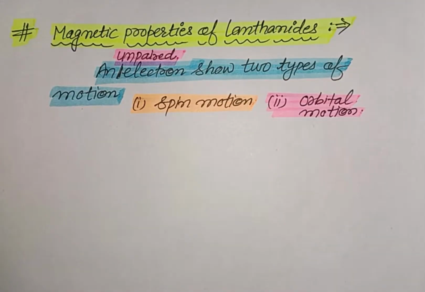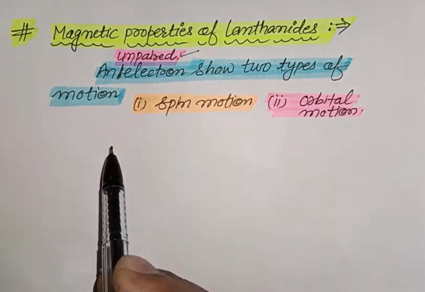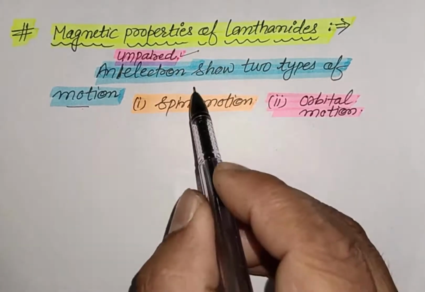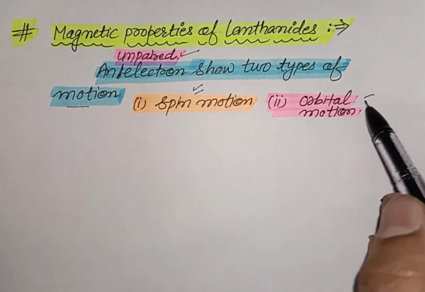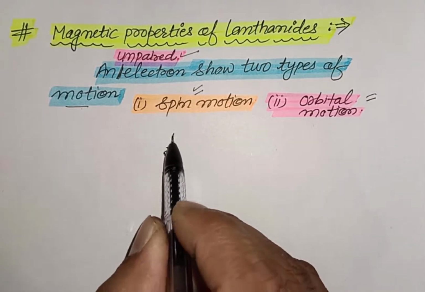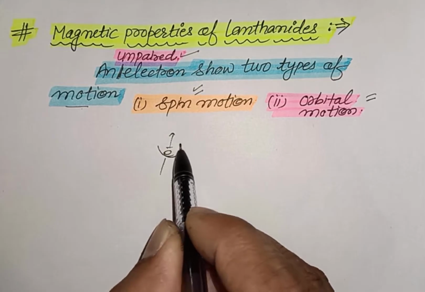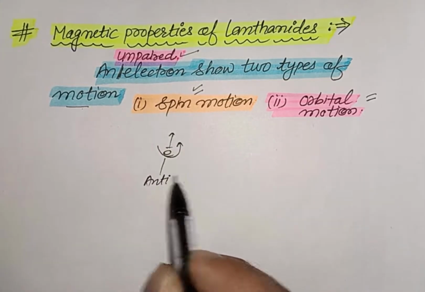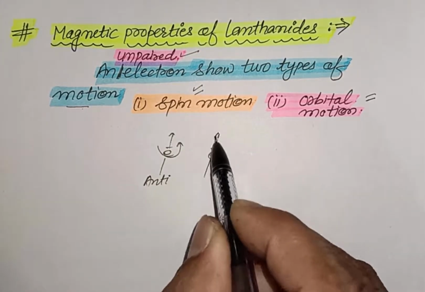The next one is the magnetic property of the lanthanides. We know that an unpaired electron has two types of motion. The first is called the spin motion and the second is called the orbital motion. In spin motion, an electron revolves on its axis in either an anti-clockwise direction, or